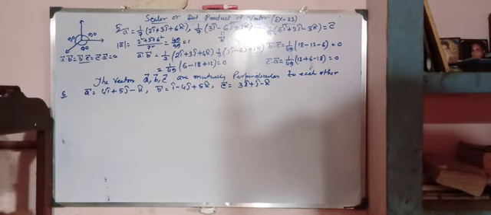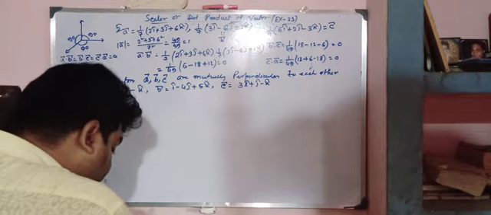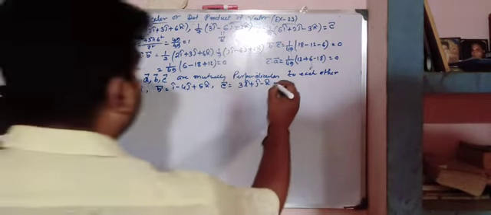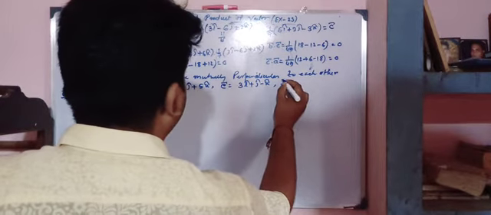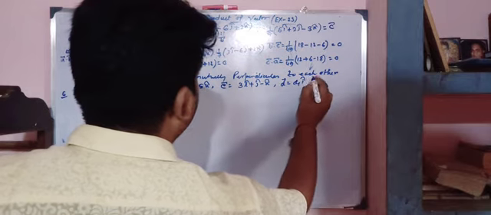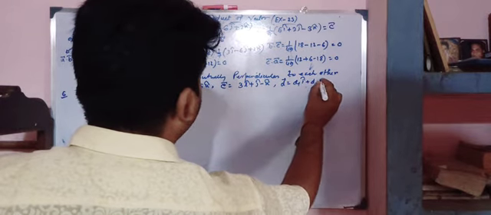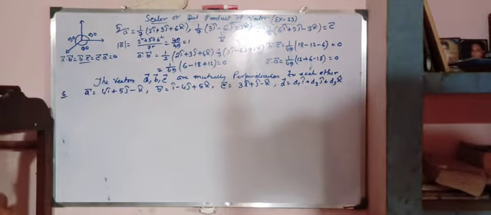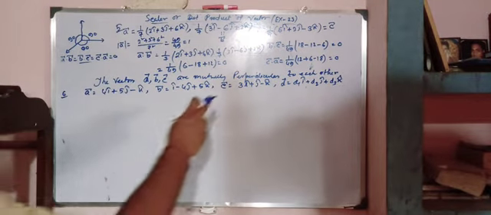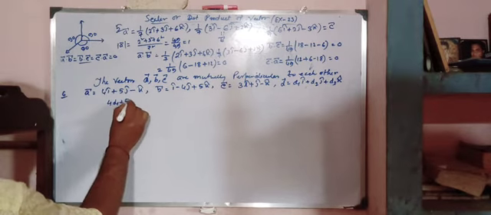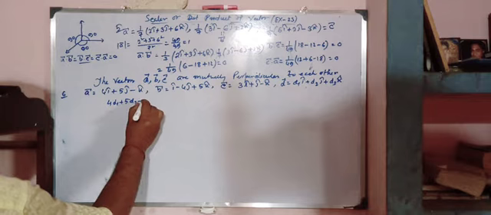So these three vectors are given, and it is given in the instruction that we are taking another vector D, that is D1 i cap plus D2 j cap plus D3 k cap. Okay, so D is perpendicular to both A and B, so 4D1 plus 5D2 minus D3